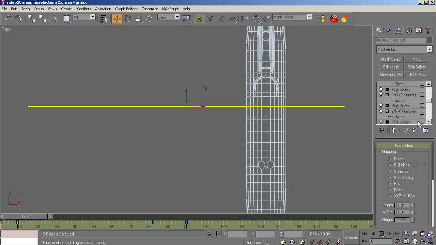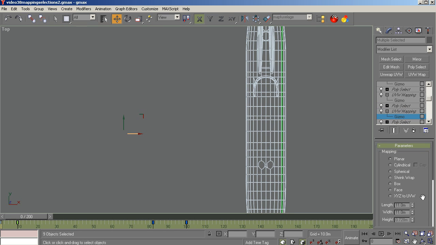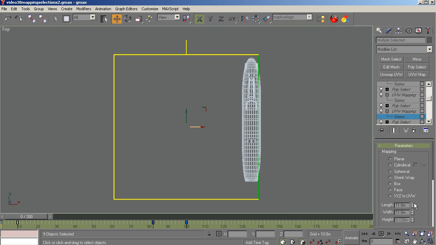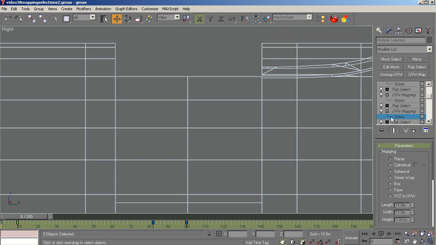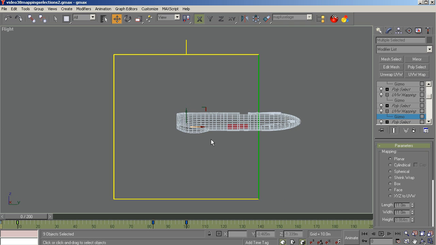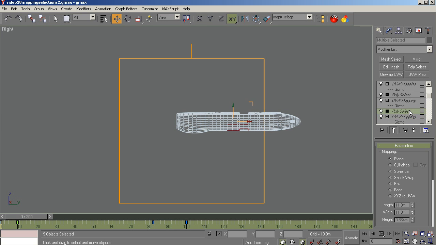Sorry, got me confused here. Make sure I'm doing the right thing. Selection group 6 is in the back. Selection group 7 is there. This is the floor. So where's my... This is floor. That one was okay. So I need the next one, which is the sides. And that one we needed to move this way a little bit. We needed to move it up a little bit. Let's make sure a little bit is enough. Okay. And just to be safe, we're going to